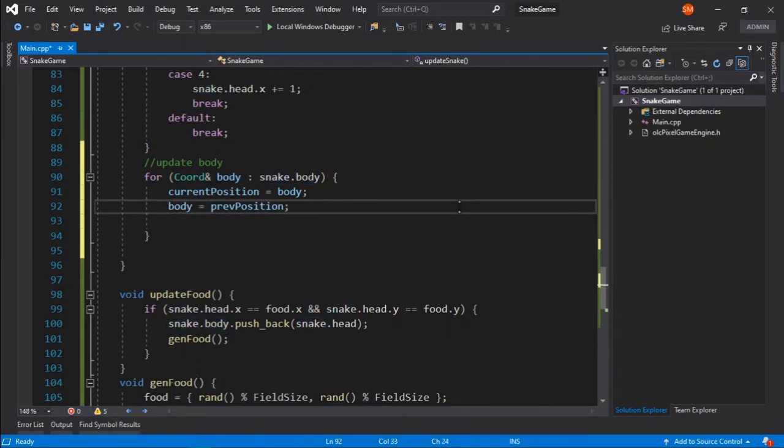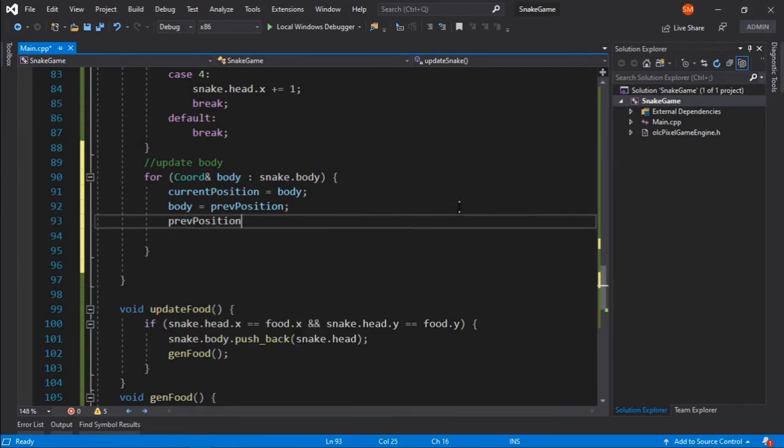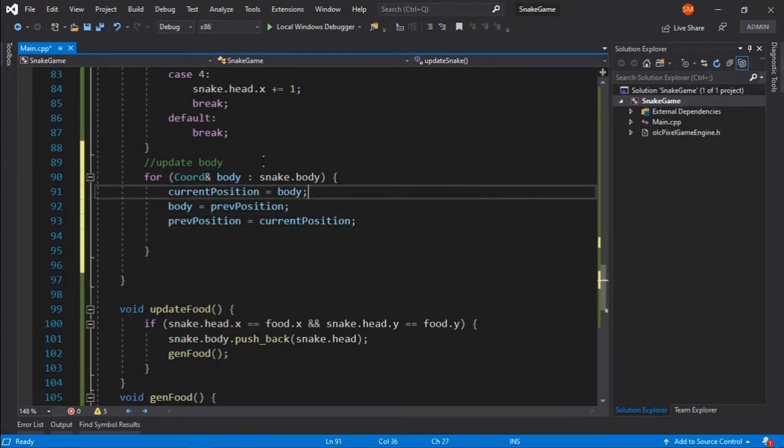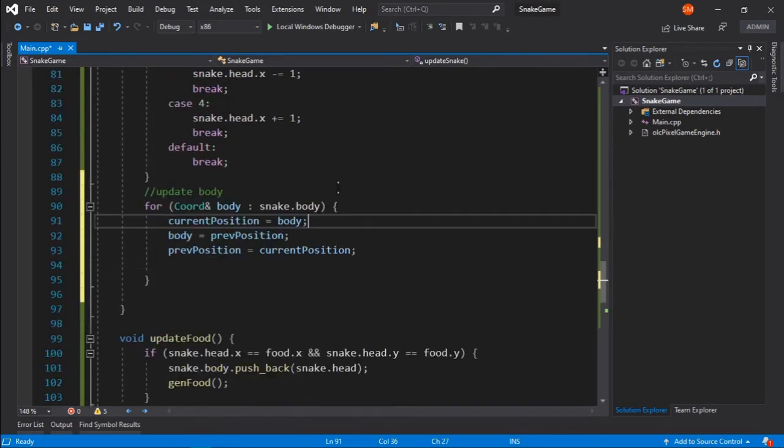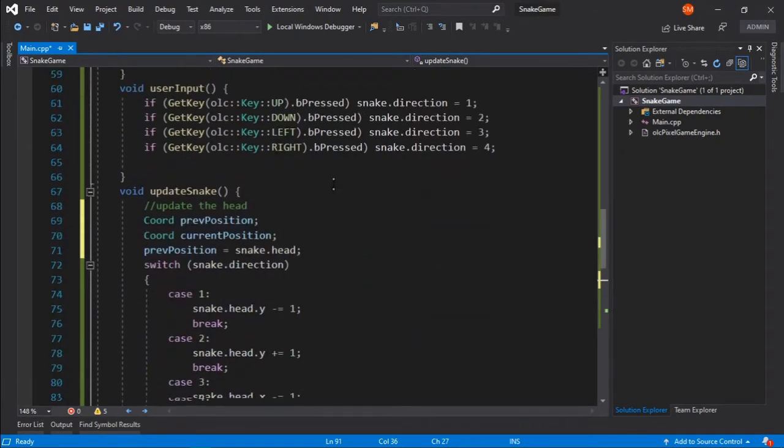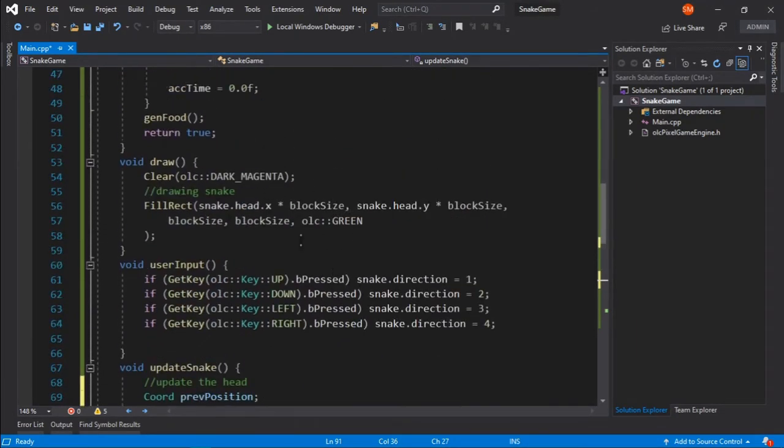And finally I want to change the previous position to the current position, so that it changes the whole movement. So the head's position will be the first body's position, and the first body's position will be the second body's position, and the second body part's position will be the third body part's position, and so on.